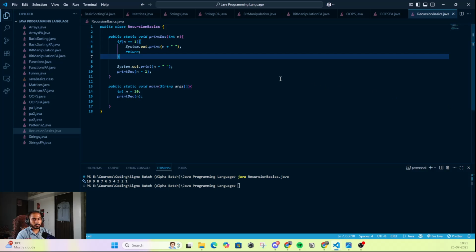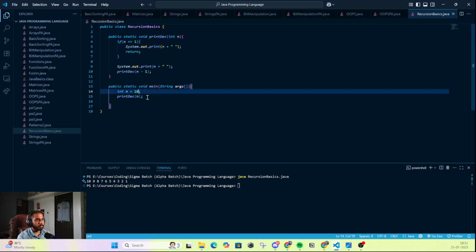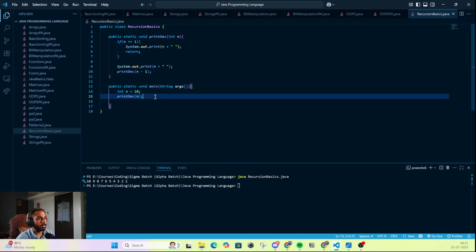Anyways, let us just move on to the next question, which is print numbers in increasing order. So I think we can say, let's say n is equal to 10 only. Okay, so we want to print numbers in increasing order. So what can we do?